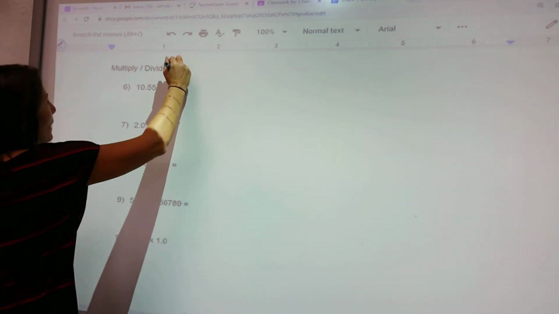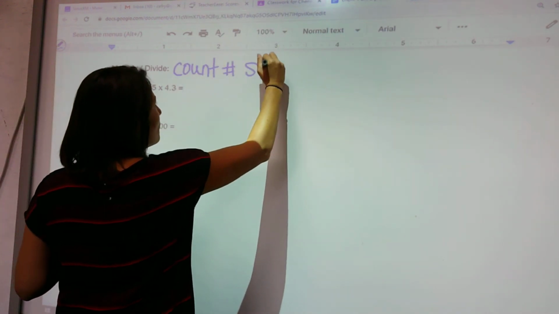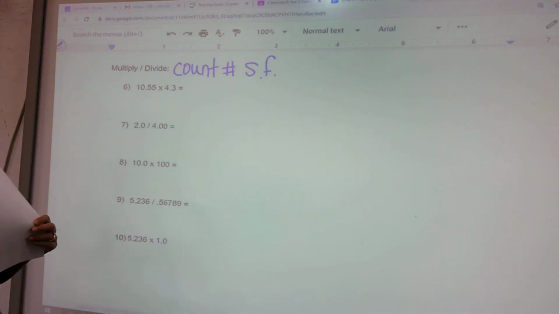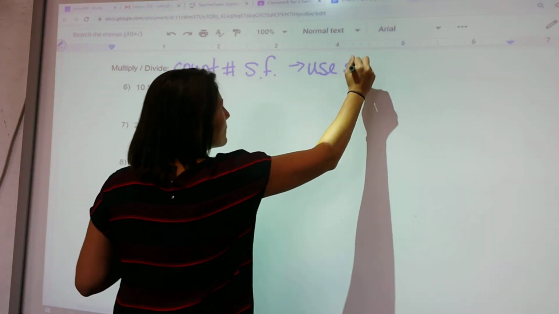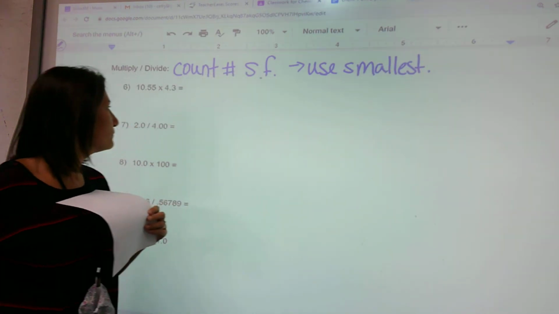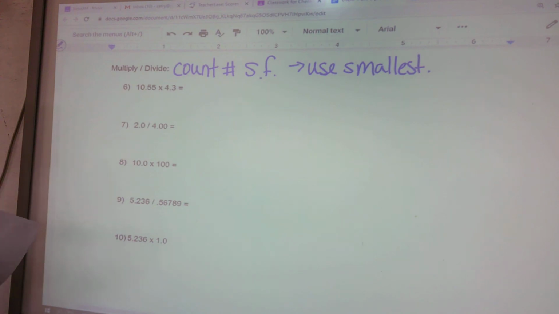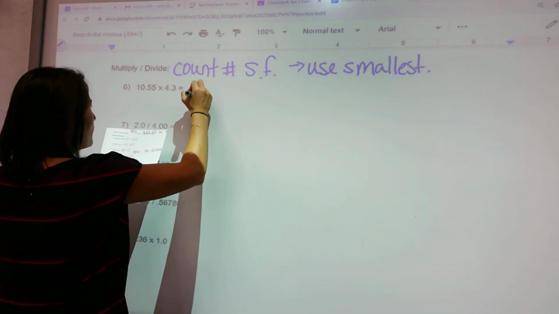Here you are going to count the number, and I'm just going to put SF, count number of significant figures, and then you're going to use the smallest one. So I'm going to show you what that means. If I were to take 10.55 and multiply by 4.3, my answer would be